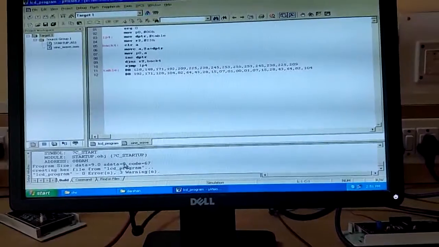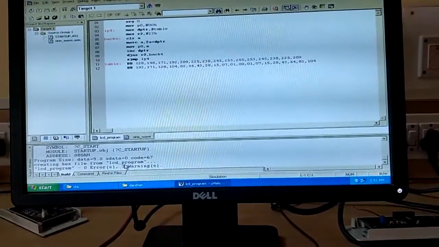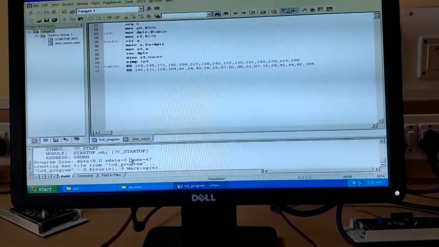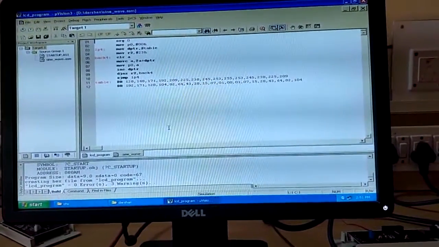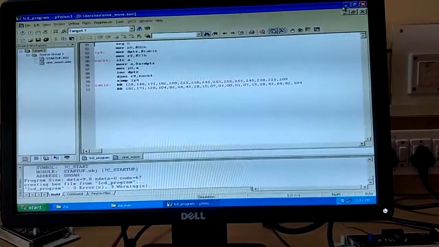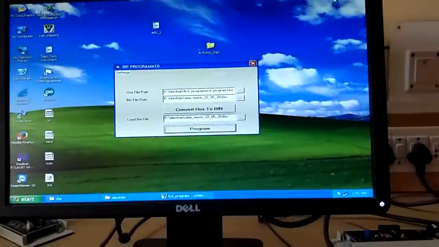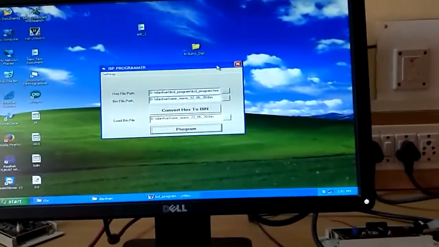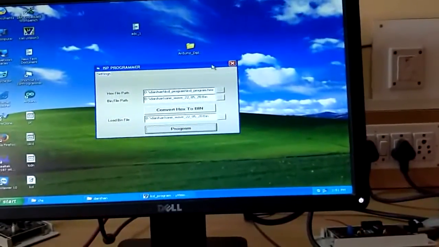So here the file is created, the hex file called LCD, and this hex file is already created. I need to convert this hex file to a binary file by using the ISP programmer. Now minimize the Keil software. This is the ISP programmer where I am going to convert the hex file into a binary file.